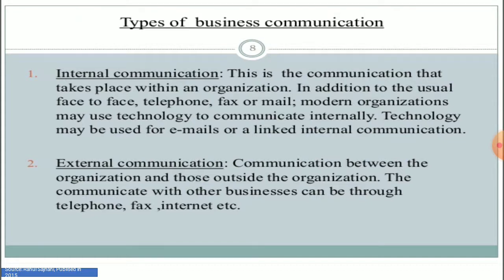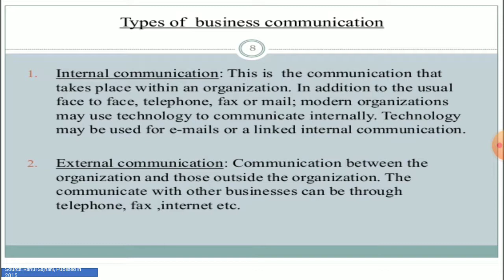In the last video, we took an idea about methods and channels of communication. Apart from that, we also saw one chart which was talking about different methods of communication as well as different channels of communication. So in this particular video, we are going to talk about types of business communication, and